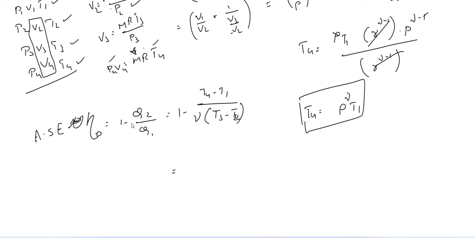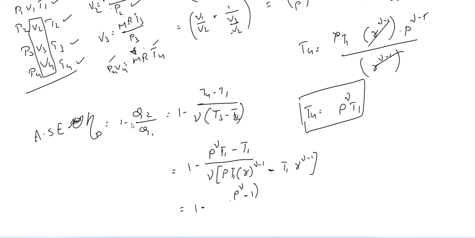T4 was 1 minus rho power gamma into T1 minus T1 divided by, we also found T3, right? Gamma into, what was this, gamma T1 R power gamma minus 1 minus T1 R power gamma minus 1. Now take T1 outside, we get 1 minus rho power gamma minus 1 into T1 temperature divided by